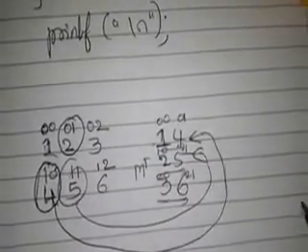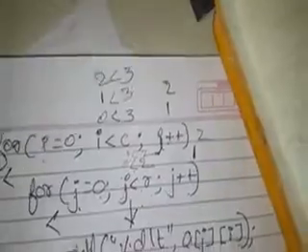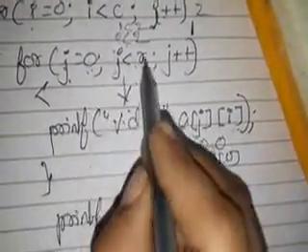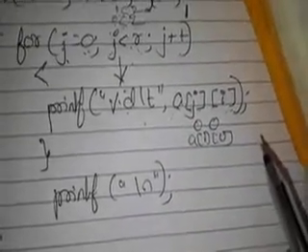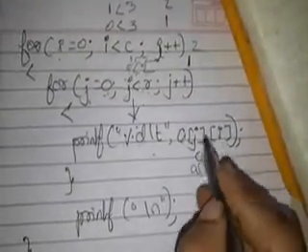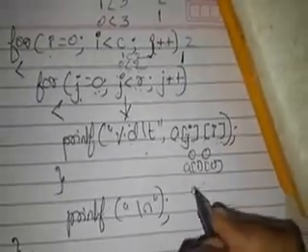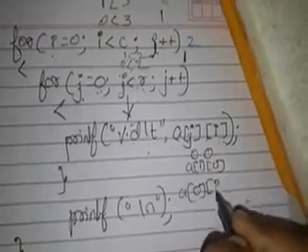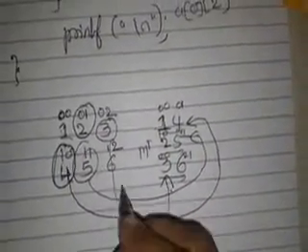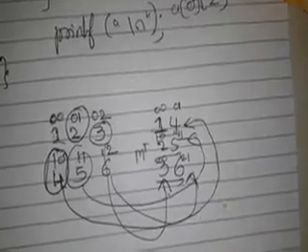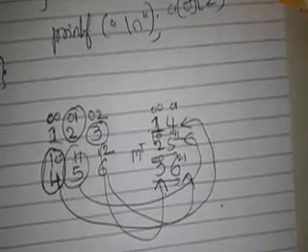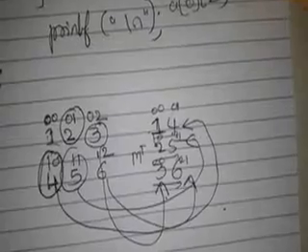j plus plus, it will become 2. 2 is less than 2, false. Next, i will be incremented to 2. 2 is less than 3, true or false? Yes, it is true. It will come inside. Again, all the values are considered, that is nothing but 0 and 1. So what is to be considered now? A of j i. A of 0 2. What is there in a of 0 2? That is 3. See, 3 successfully fetched. A of 1 2, that is 6 will be fetched. Yes, the transpose is done successfully. I hope you people have understood this particular program.